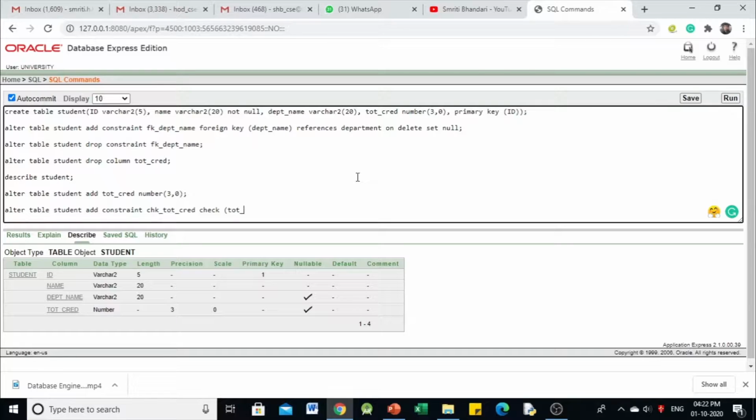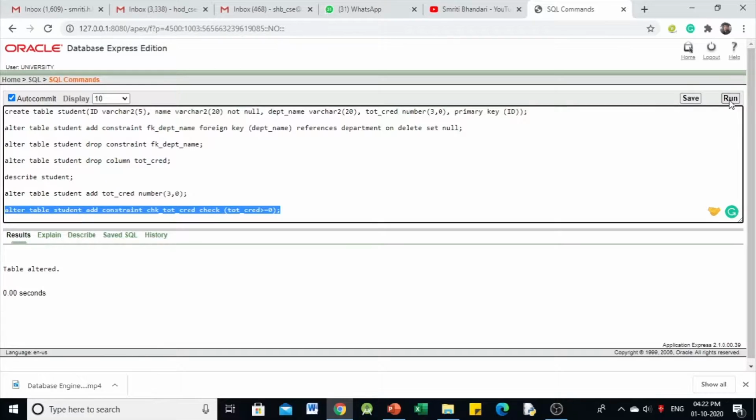What to check? Total credit is the attribute. This should always be greater than or equal to 0. So this is the statement that we are going to provide: alter table student add constraint, identifier for the constraint, check total credit is greater than or equal to 0.